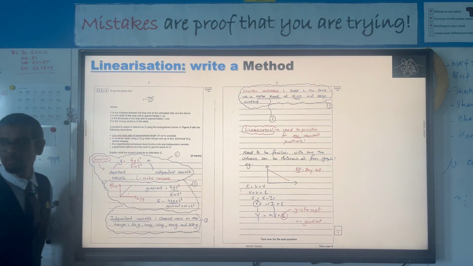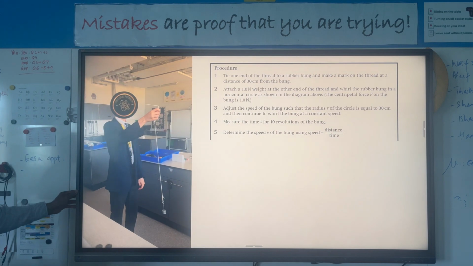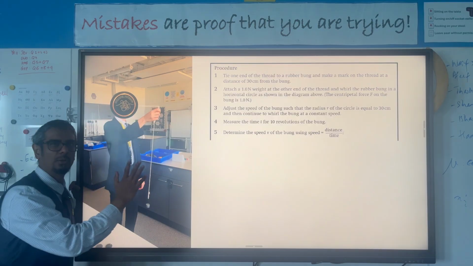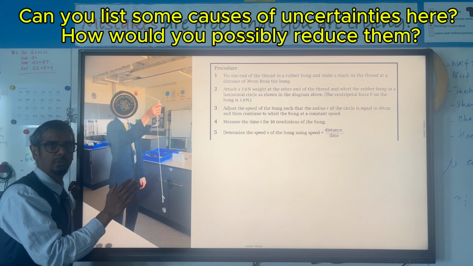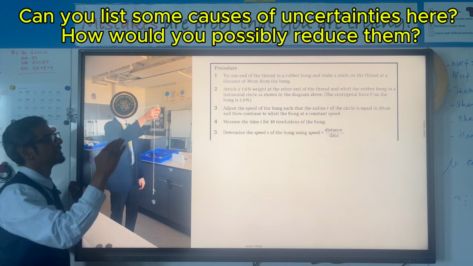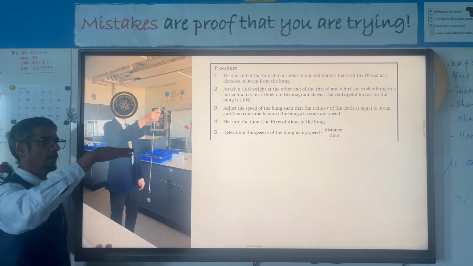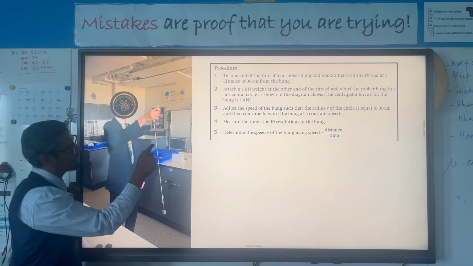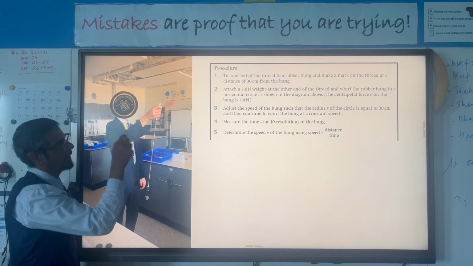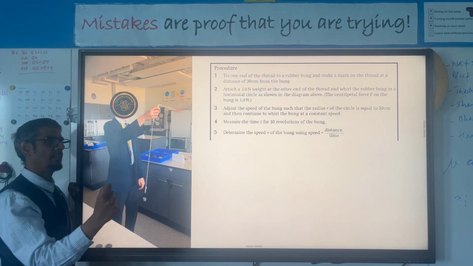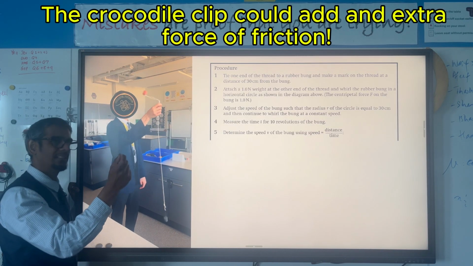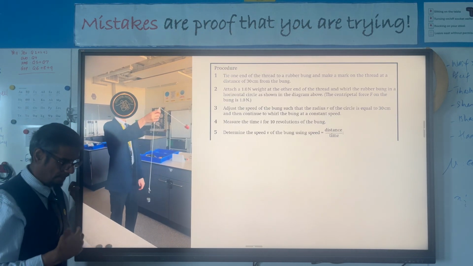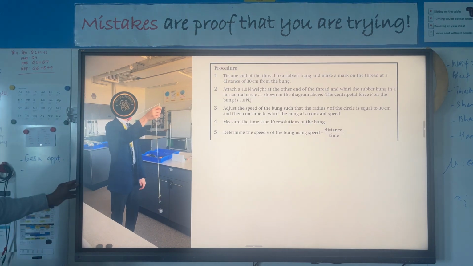Here's an example for terminal PD. This is how the student will do this in the actual classroom. But there are so many issues with this practical. Think about it. Is that bung whirled in the right plane? Is it perfectly horizontal? What about that crocodile clip? If you're whirling it too fast and the crocodile clip is preventing that string from moving up, it's generating another force which could affect your experiment. So students should be able to think about how we minimize those. And finally,